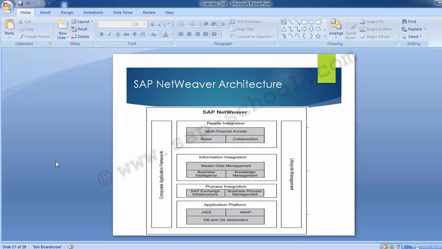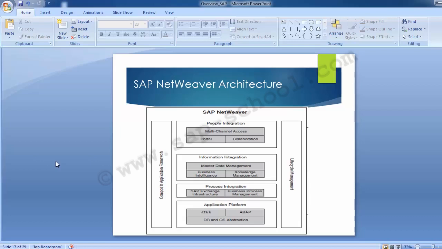Business processes can be unified and given an integrated design with the help of process integration, which involves SAP Exchange infrastructure for communication between application components of different origin. Software components, interfaces, mapping, and content-based routing rules are defined in